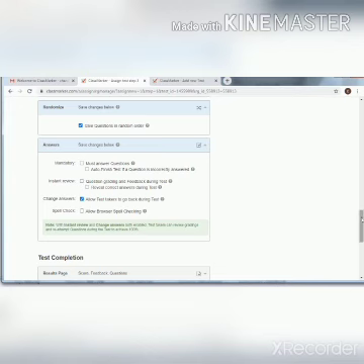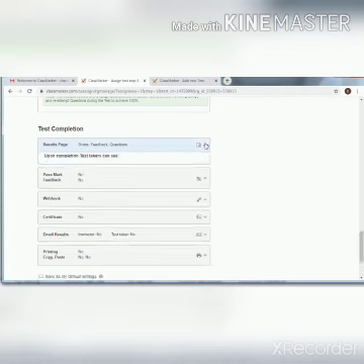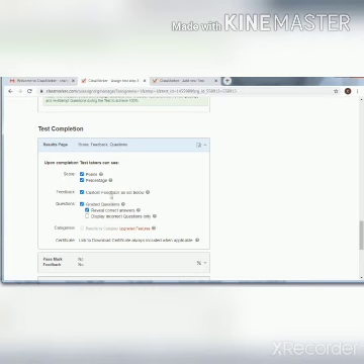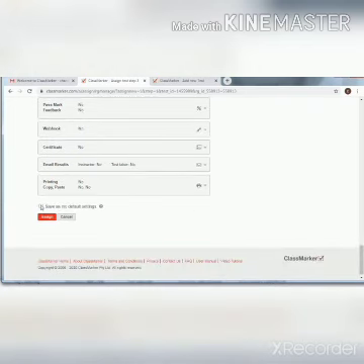Spell checking, all these things we have to set first of all. Then result: after the test completion, points, percentage, and custom feedback will be displayed. Display incorrect answer questions only? No, all the questions will be displayed. Then you have to give the pass marks. These are all the settings. Now make it the default setting.